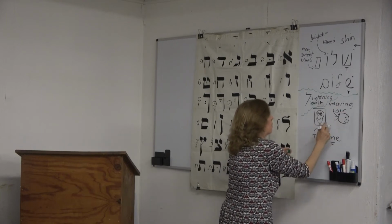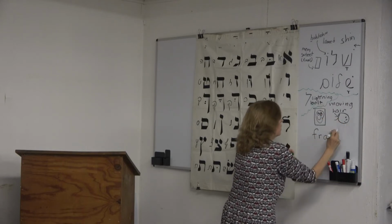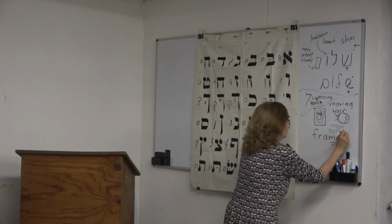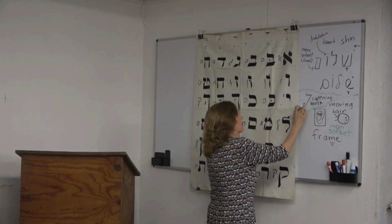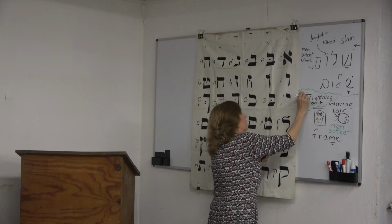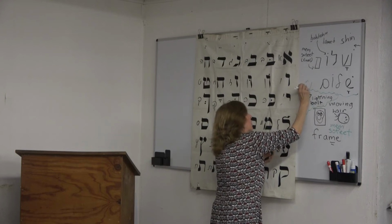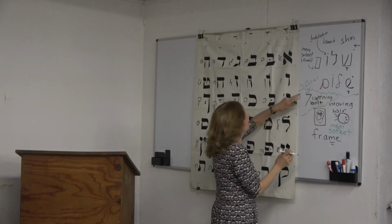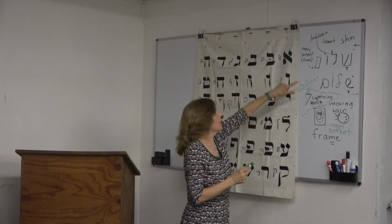And this is the story for the mem in cursive over here. And this is a frame. This is your Memsofit. Memsofit story. And it's a frame, comes at the end. The lamed is like the lightning bolt over here. And you also see that little L in the corner. Over there. And then I think you could have, oh no, there's another story that I tell to learn the